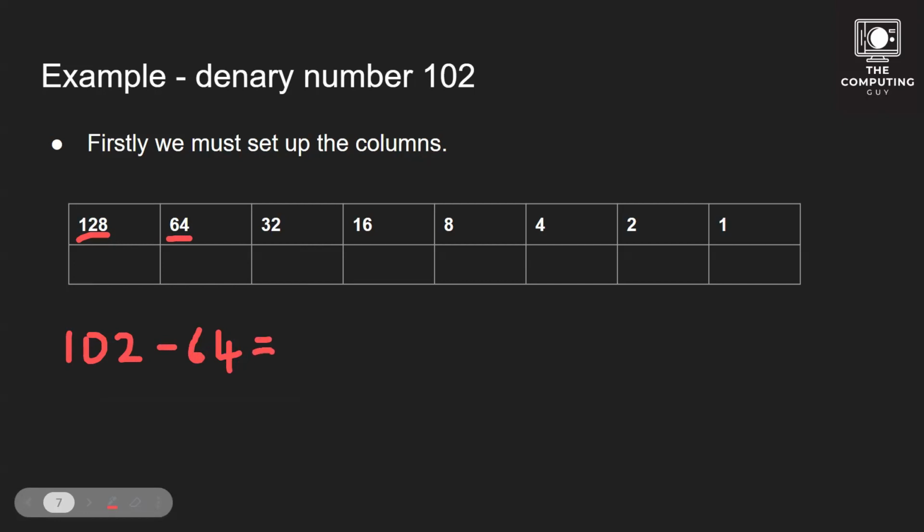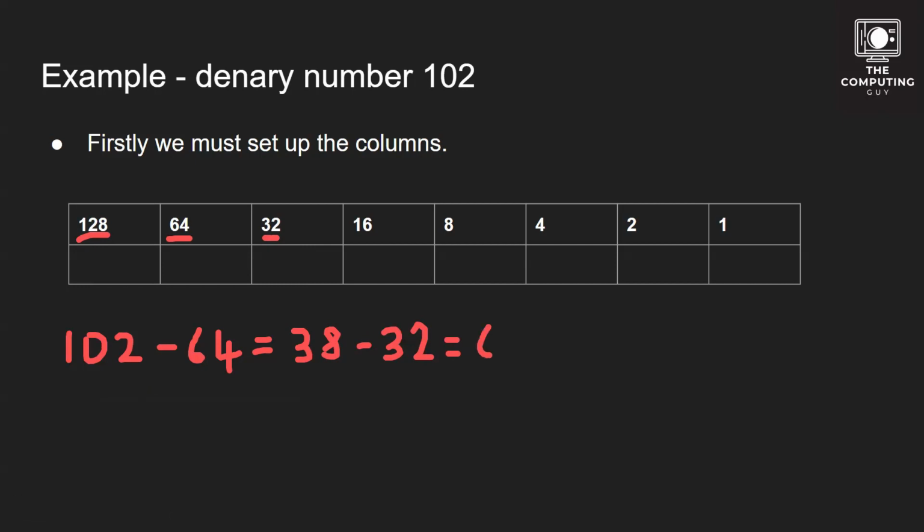So 102 minus 64, off the top of my head, that gives us 38. So we've now got 38. Where we've got 38, we now look at the next number. That's 32. So 32 is smaller, so we can use that again. So 38 minus 32, that will give us